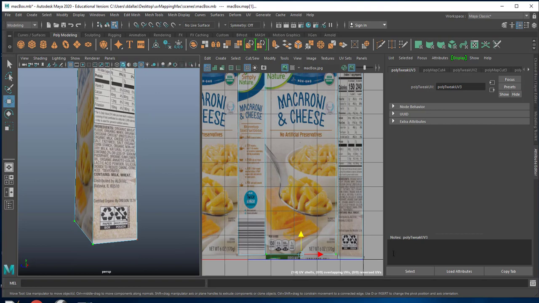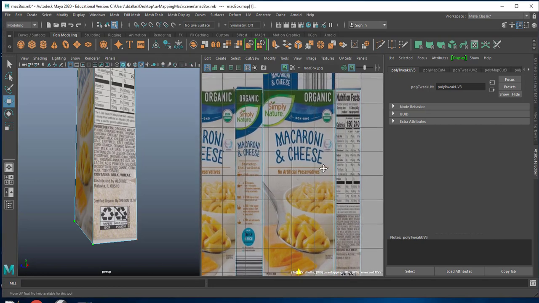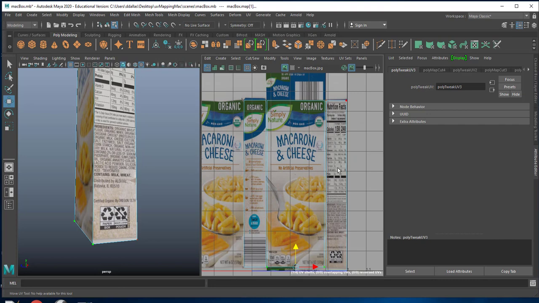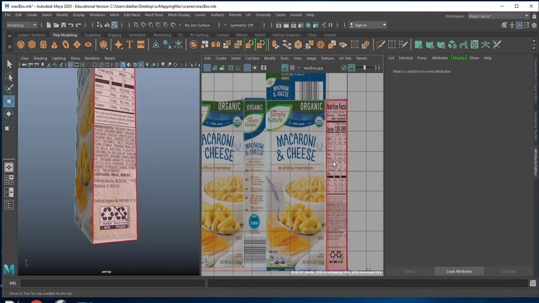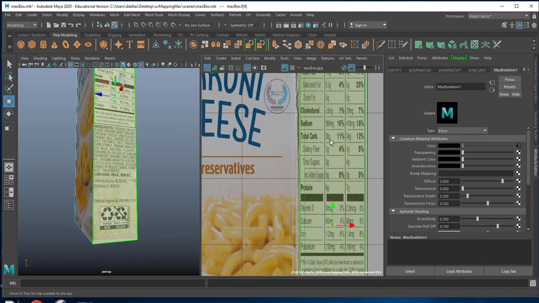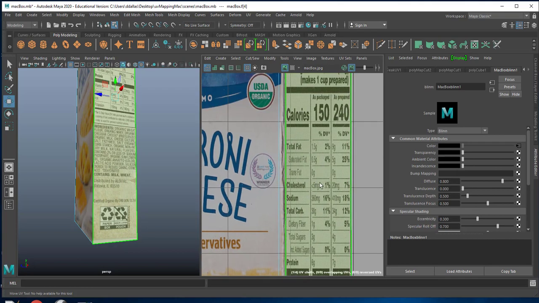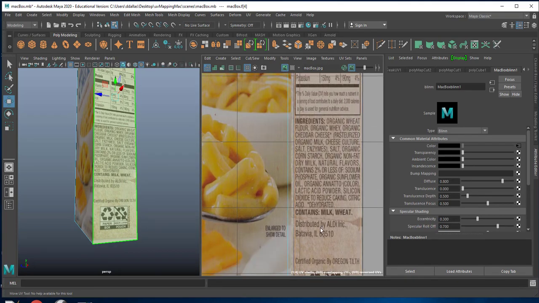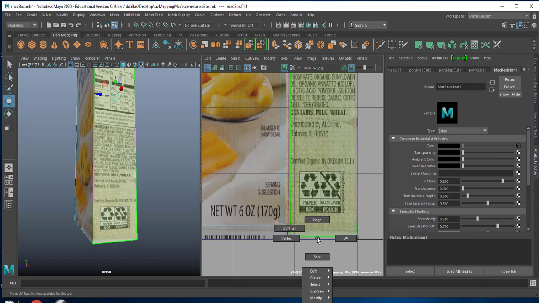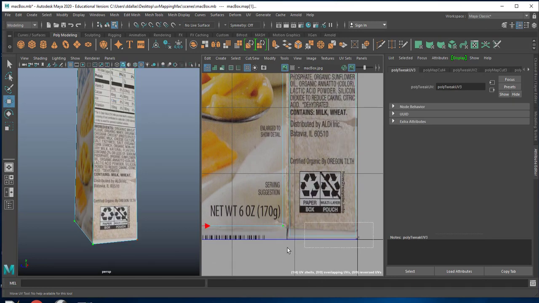So this is what I'm going to continue doing. I'm going to continue just kind of fitting my UVs around my image. That's because it's not super hard. I mean, relatively speaking. When you have an object that has ins and outs, and lots of things like that, it's not going to be